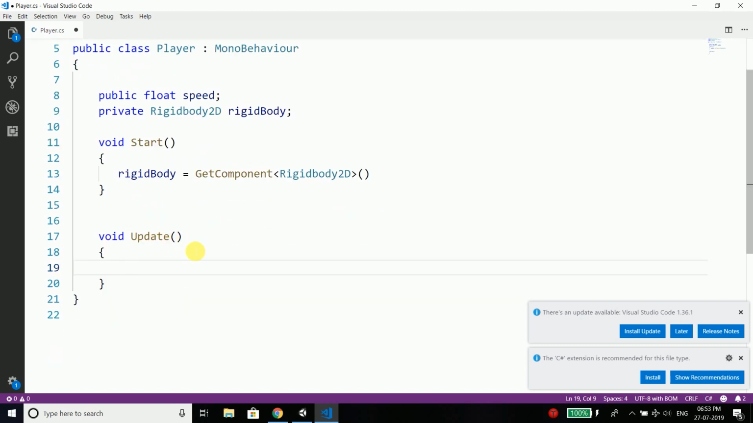Now inside update, we will set the velocity of our rigid body. So write rigidbody.velocity, and when you want to set velocity, you need a Vector2 object, and Vector2 is an object that takes x and y position. So here we will create a new Vector2, and inside Vector2 we will pass x and y,